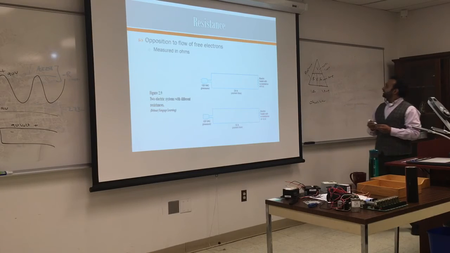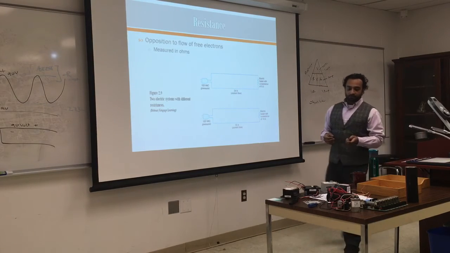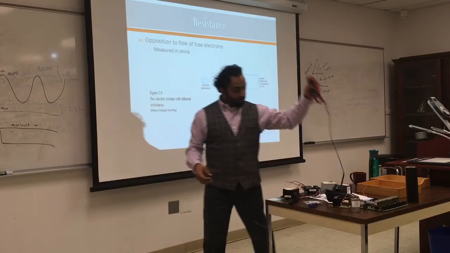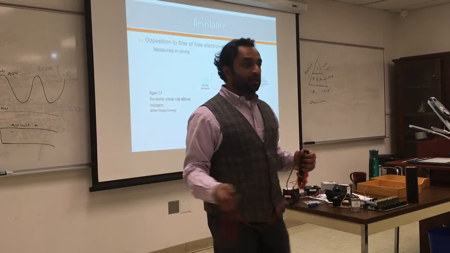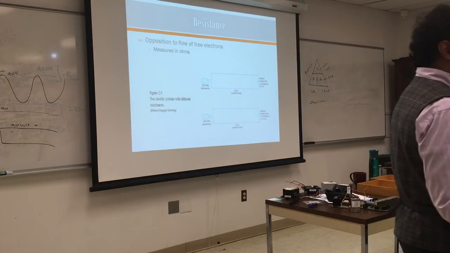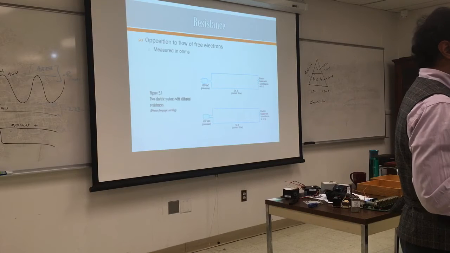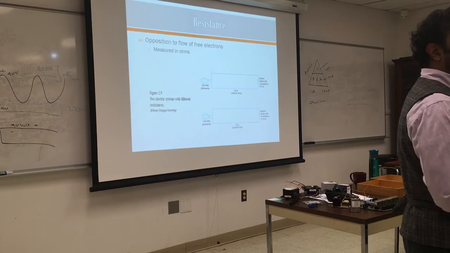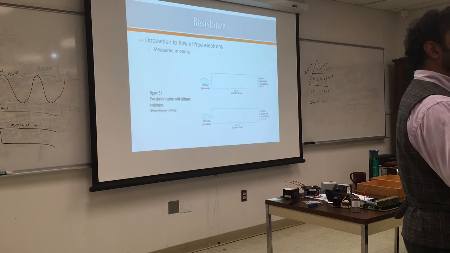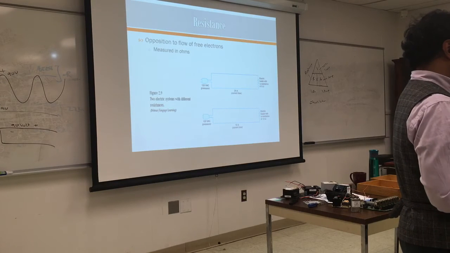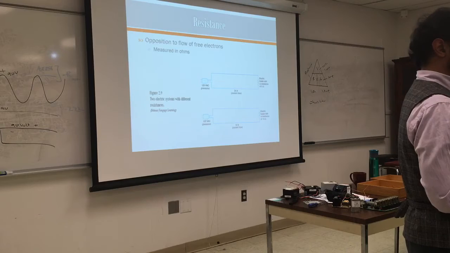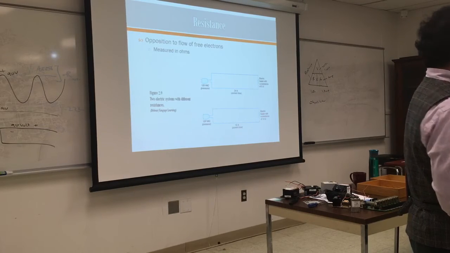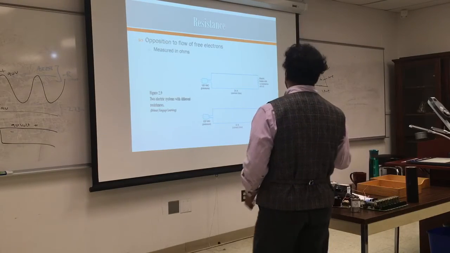That's what it means. So based on that, I can calculate everything I need. If I have the voltage, I can calculate the amperage and find the resistance. All you need is those three things. Based on two, you can find the other one. And this is as far as it gets, and that's Ohm's law.